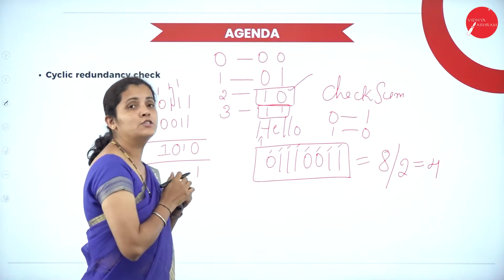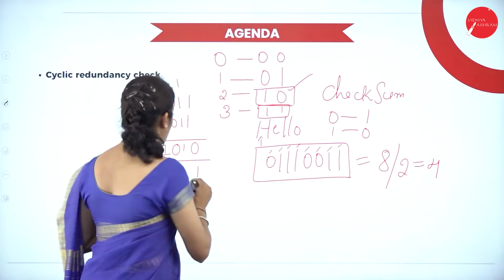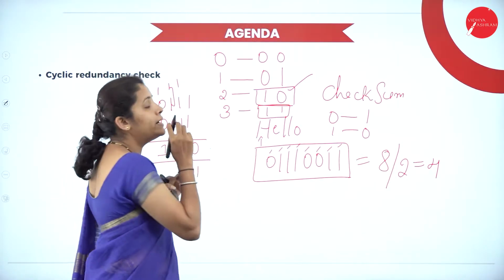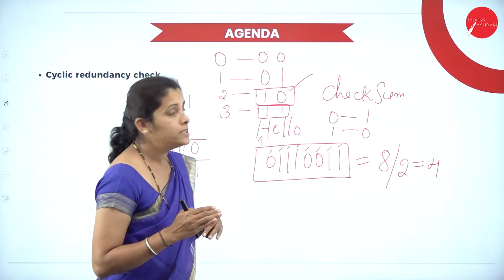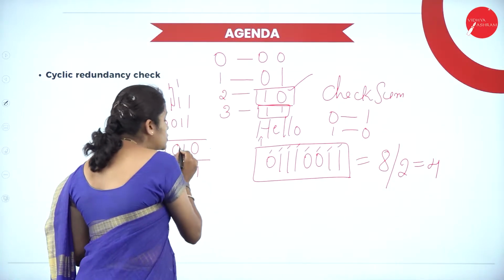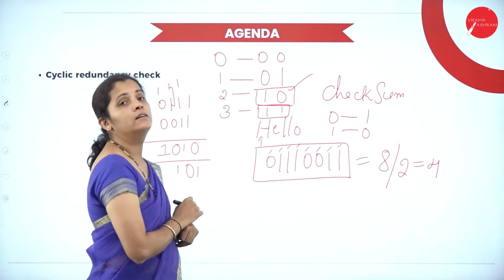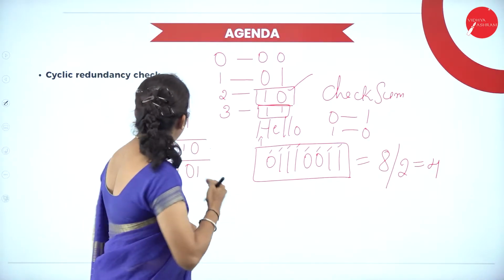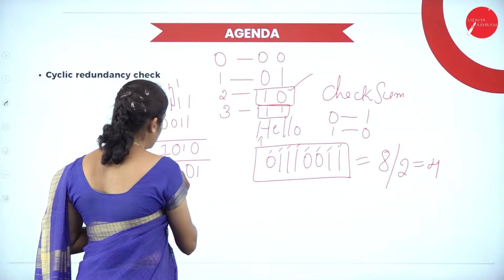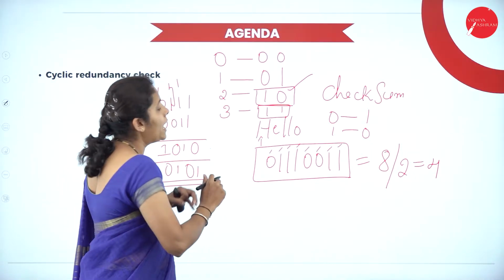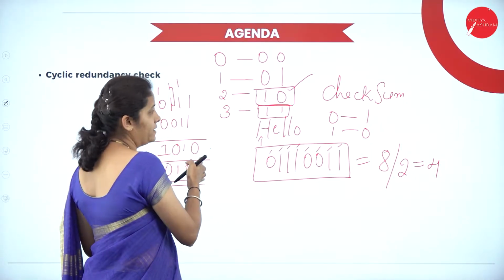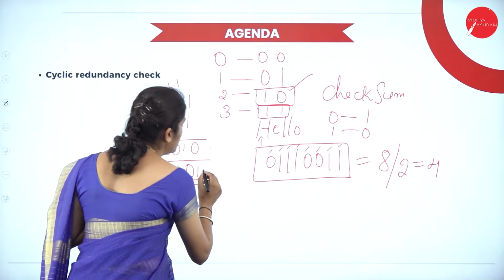If I take the ones complement of 1, I get 0. Dear students, if I take the ones complement of 0, I get 1. If I take the ones complement of 1, I get 0. Now I want to append this checksum value